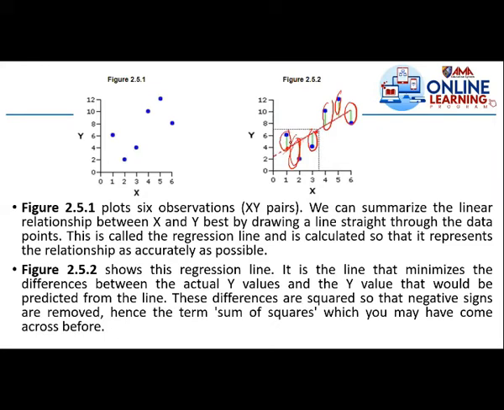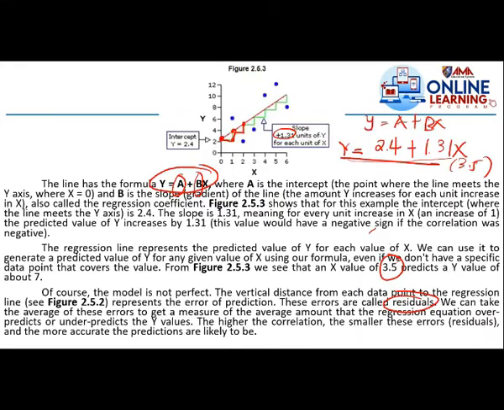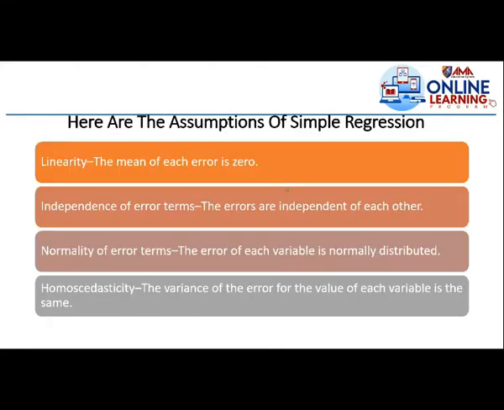The error of one point is different from the error of another point, and so on and so forth. Next is normality of error terms. The error of each variable is normally distributed. So there is really error along the scatter plot. As you can see, the spread of the points is not perfectly along the regression line. Next is